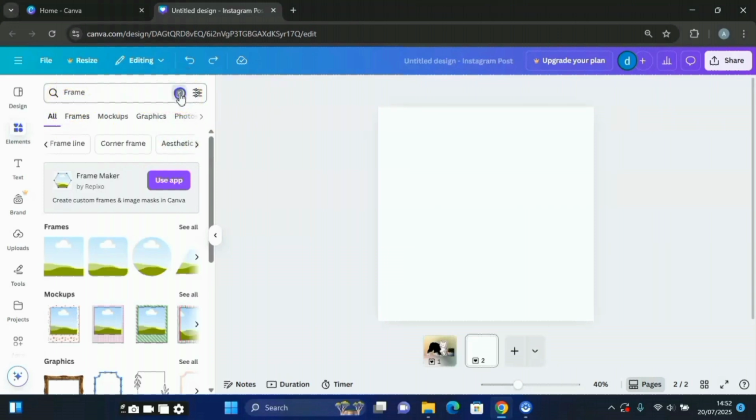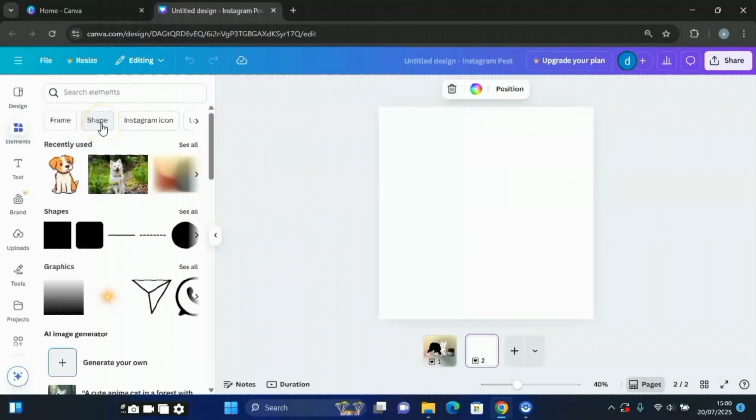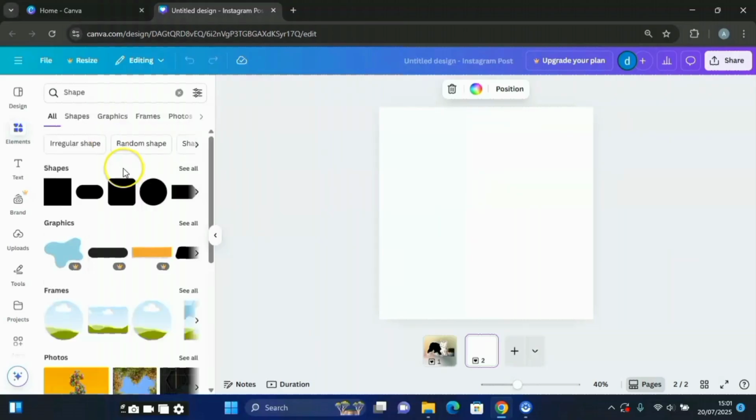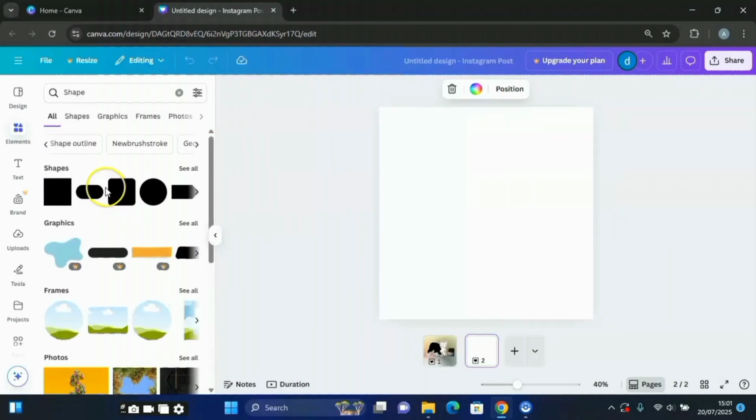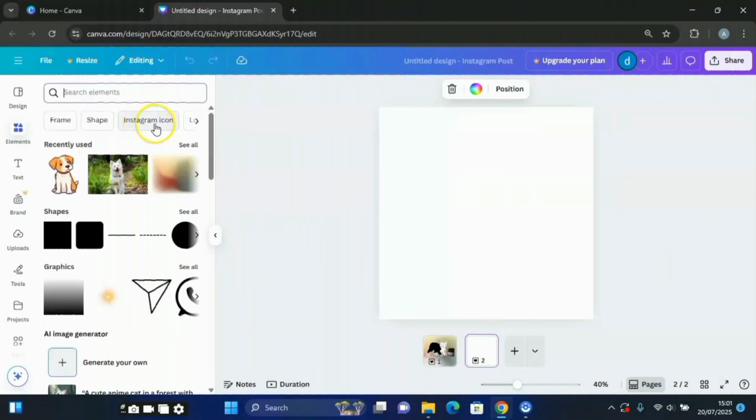Now, let's go back. This is shape. The same thing. If you click on shape, you have access to everything. We're having irregular shape, random shape, shape outline, and so on and so forth. Look at it. Some of those things we're having under this as well. The same thing. Let's go back. If you should click on Instagram icon, we're having location icon, Facebook icon, WhatsApp icon, circle, square, and so on